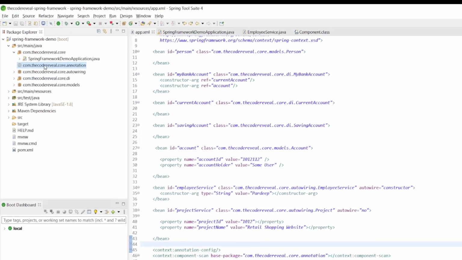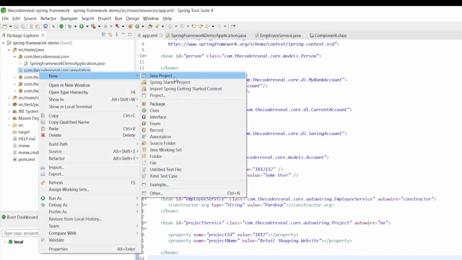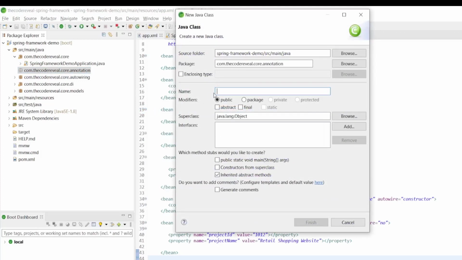So for the annotation based container configuration, we are going to take an example of movie finder. So here we'll create some classes.